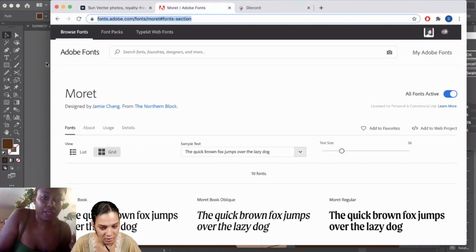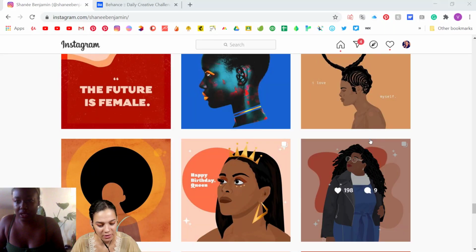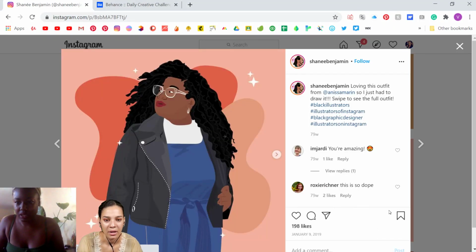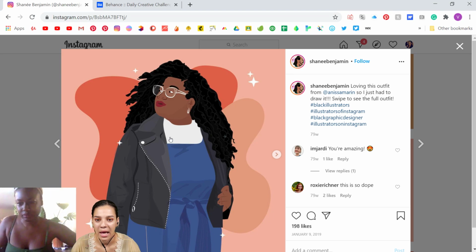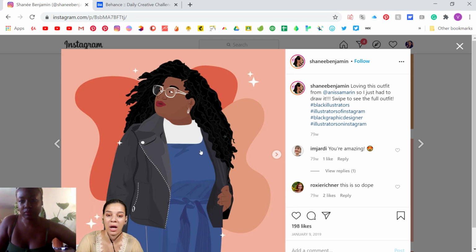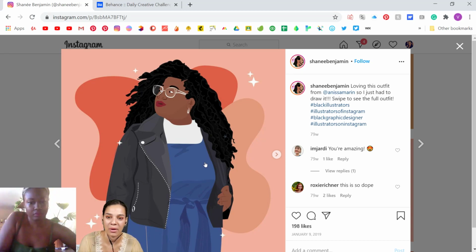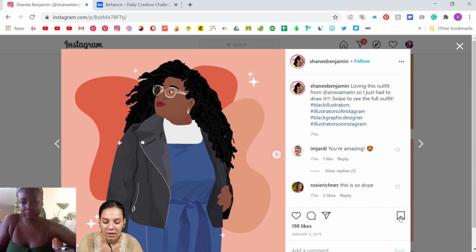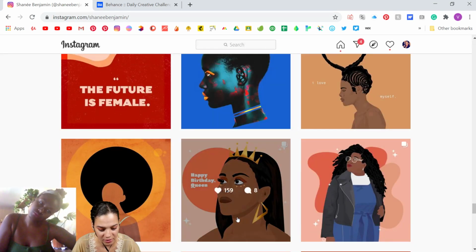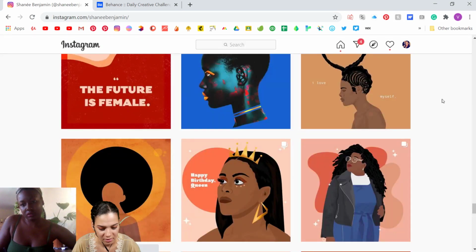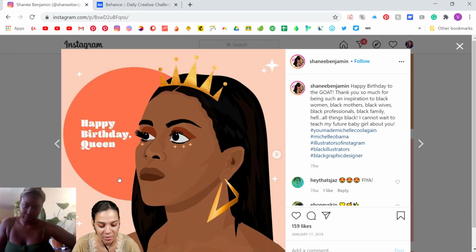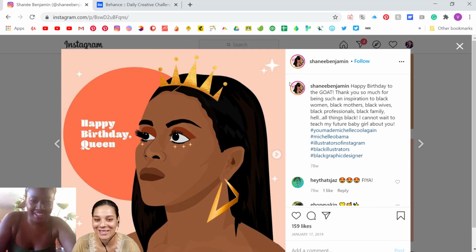I can pop over to the Instagram, and I can see a lot of these from January 9th, 2019, where a lot of the illustrations became flat shapes with more shapes on top that added depth rather than gradients. That is really cool. These are neat. I'm loving this. I love the Michelle Obama birthday queen image you did.